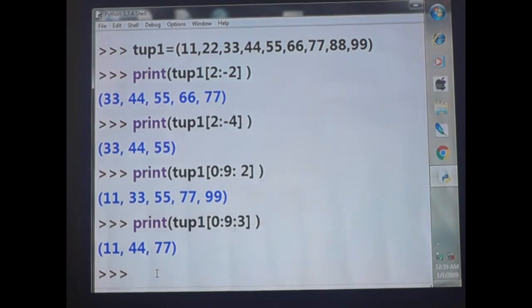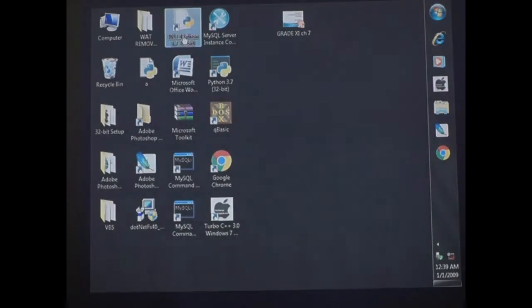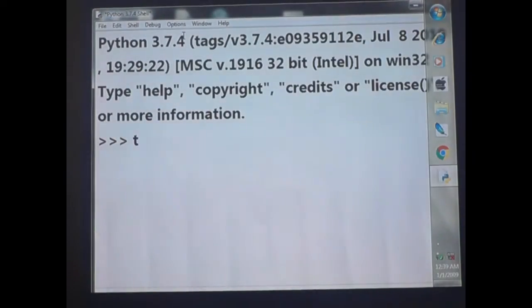Okay. And last one question. I'll ask you, you just answer me. Okay. Tuple is equal to 6, 7, 8, 9. Am I doing it correctly or not? Okay, 9, 11, 22, 33, 44.